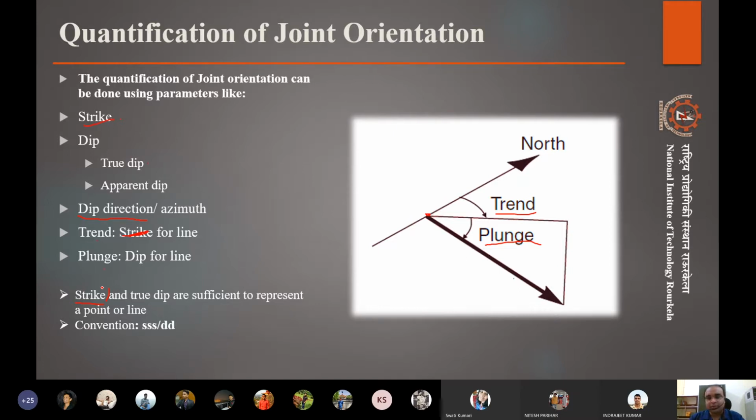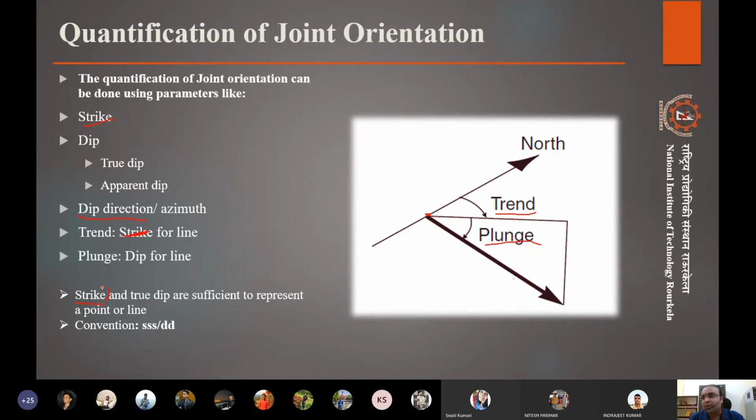When we see a plane mapped, we see it outcrop and see how it is moving in the horizontal plane, at a certain angle with respect to north. That's where the importance of strike comes up while mapping a plane.